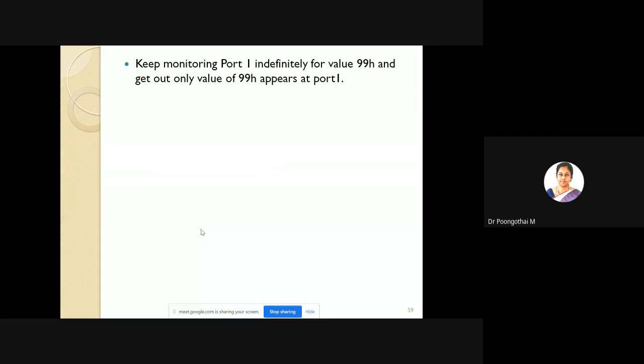So what would be the first statement? You have to monitor the port 1 value.